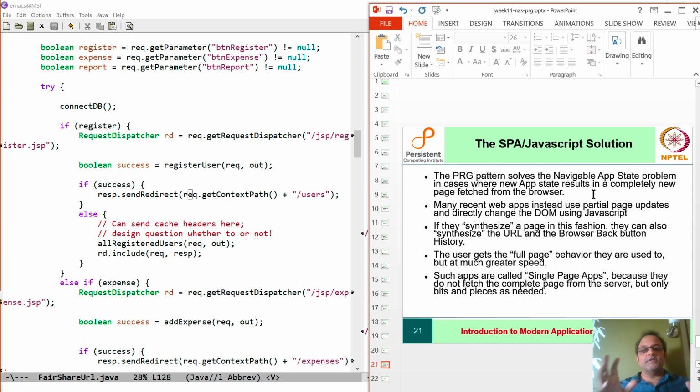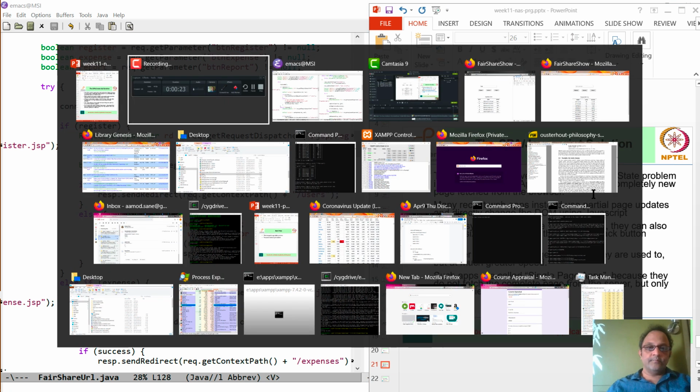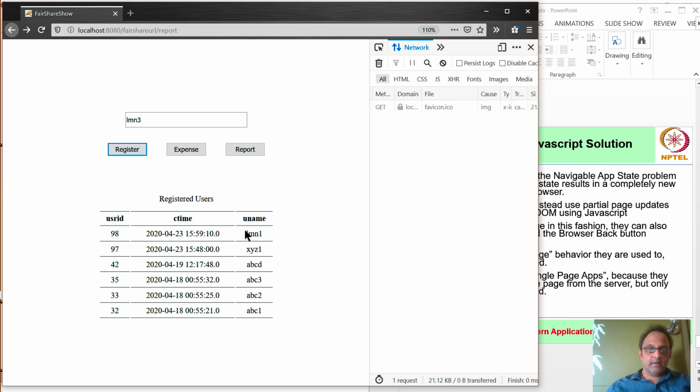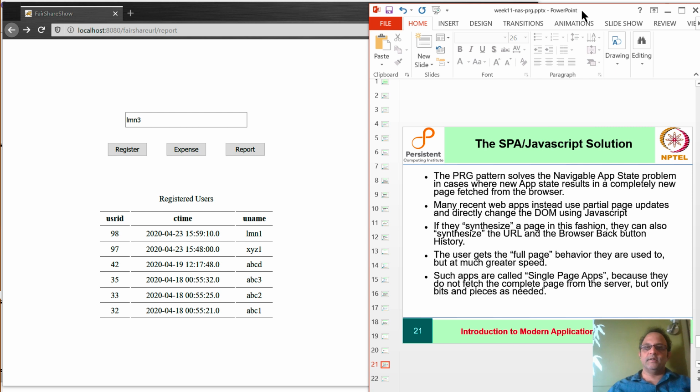So instead of changing the whole page when you have changed, say, suppose you add a new user, then you just want to add, in this case, if I add a new user LMN, my entire page shouldn't change. I should just add a new row over here. That would actually be ideal from efficiency and responsiveness perspective.